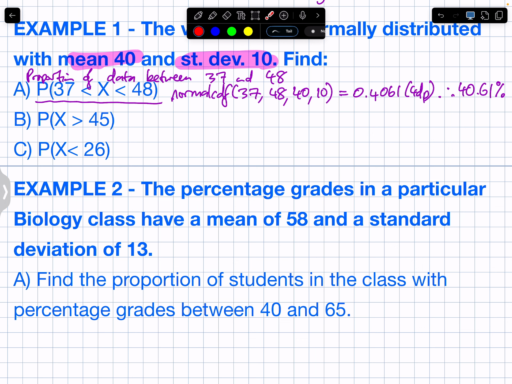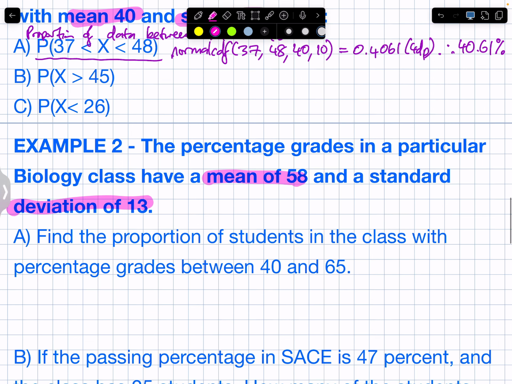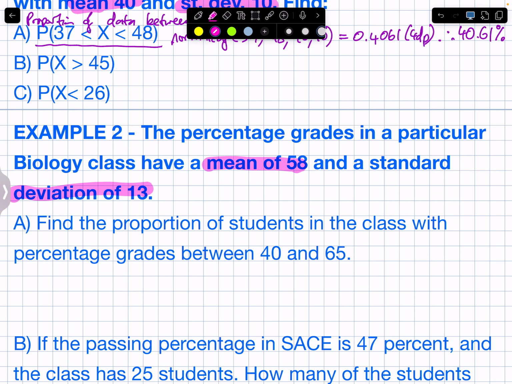And your book, I can't rewrite your book. So start off practicing normal CDF with questions asked like that, but now these are the actual sort of questions you'd be asked in the exam. The percentage grades in a particular bio class have a mean of 58, a standard deviation of 13. Question A is asking what proportion of the students in the class will have percentage grades between 40 and